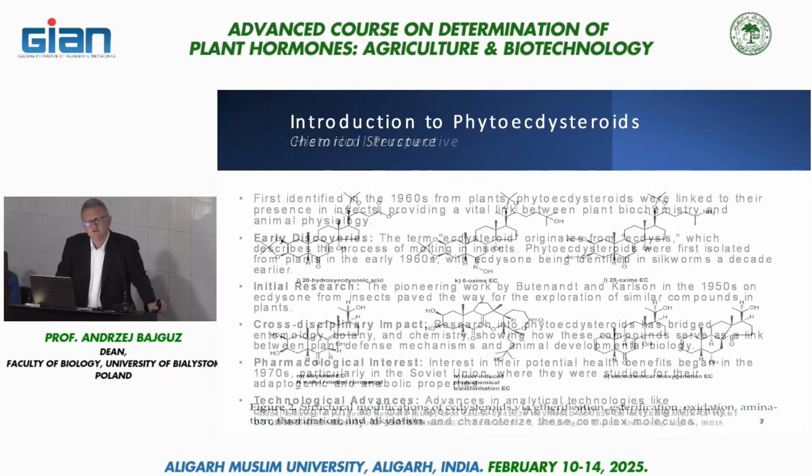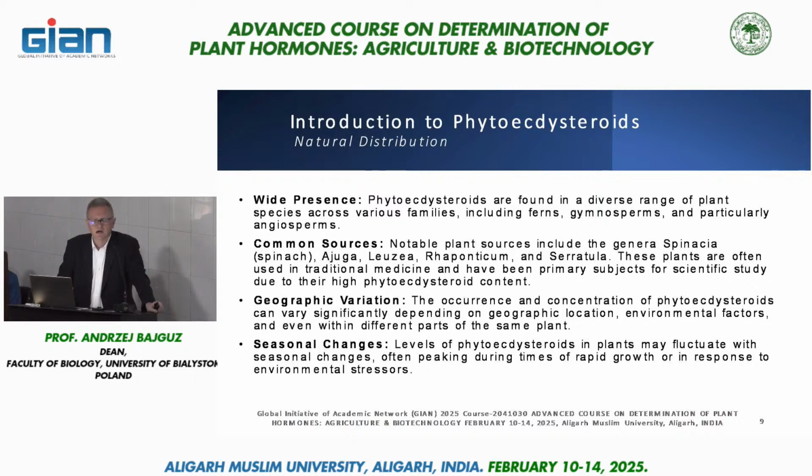Phytoecdysteroids are distributed across more than 100 species along different plant families, including ferns, gymnosperms, and angiosperms. However, they are particularly abundant in certain flowering plants, angiosperms, that have evolved to use them for growth regulation and defense. Some of the most well-known sources of phytoecdysteroids include Spinacia oleracea, spinach,